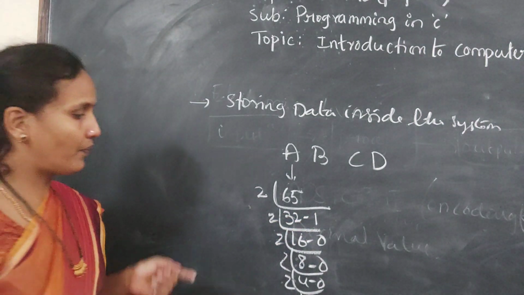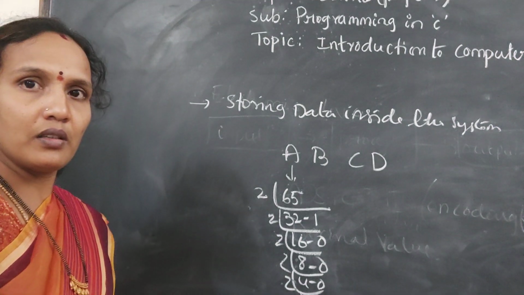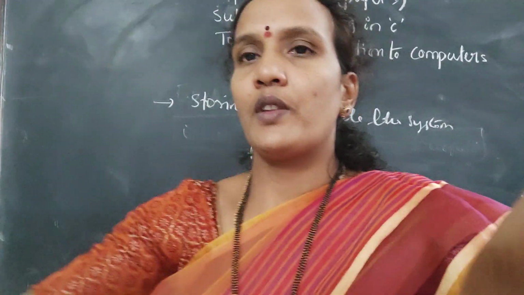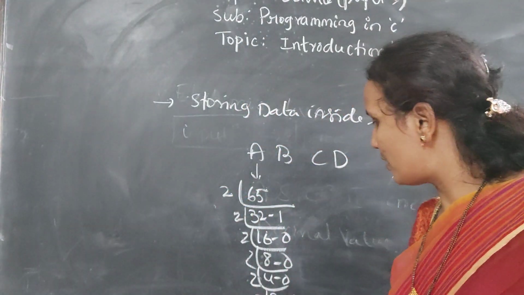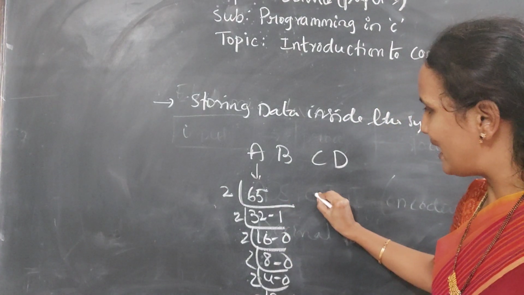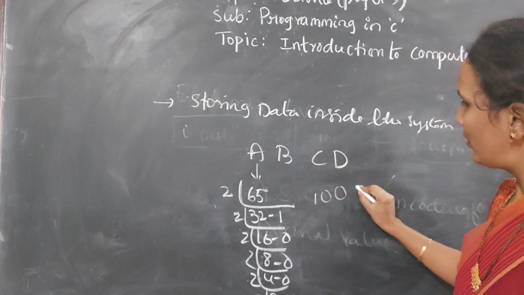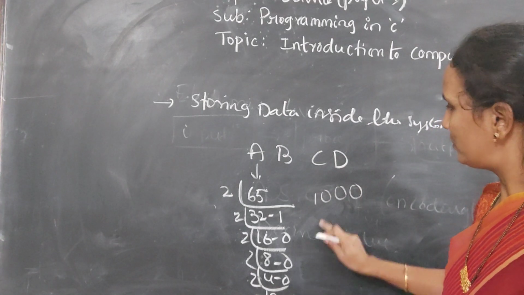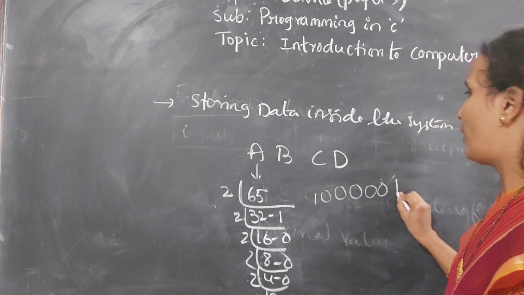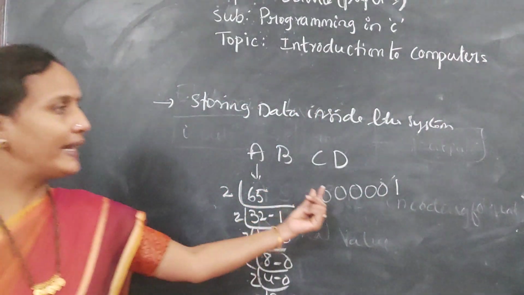Now, you need to check this in the reverse order. Just a moment. See here, the last one is 1000. Means in the reverse order you need to take. First, the last digit is 1, 0, 0, 0. 1, 2, 3: three zeros, 4, 5: five zeros. The last one is a 1. Okay. So this is a binary value.